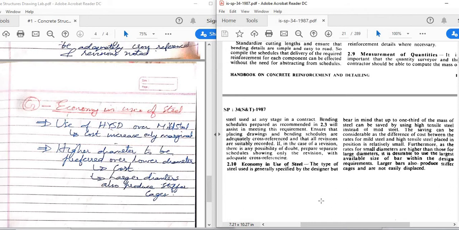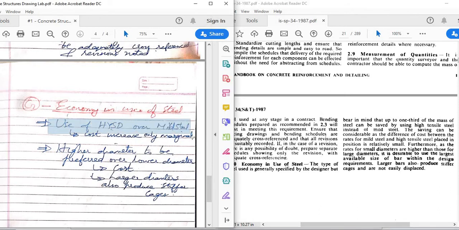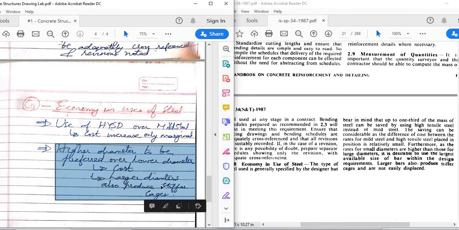So he might not even notice it. But the engineer might have designed with 415. So that's the thing. So anyway, this strength should be considered for economy, and the amount of cost increase is only marginal as you go for higher grades. Then another consideration is diameter.